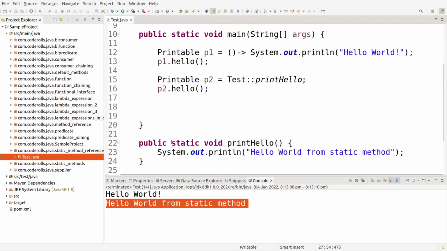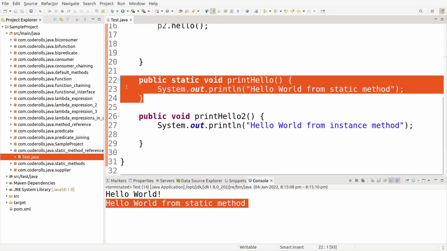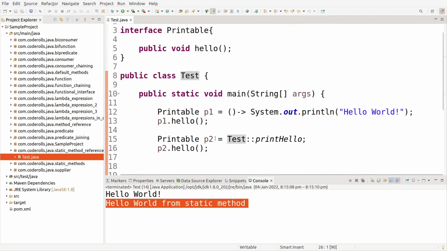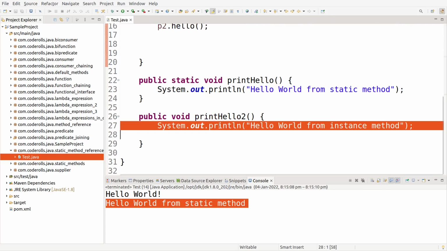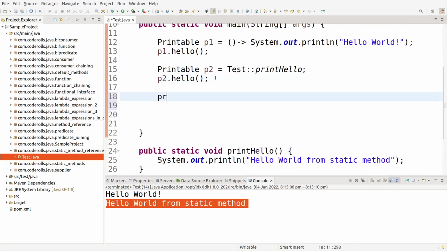Fine. Now this is my Test class. It has one static method and one instance method. Now instead of writing separate logic for the hello method using a lambda expression, I will reuse the instance method logic. How can we do it? Using the instance method reference concept.